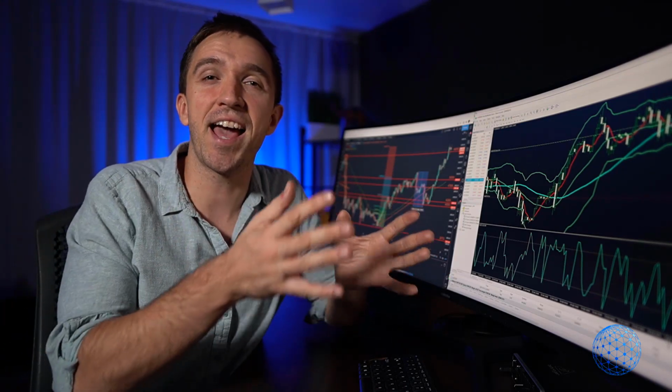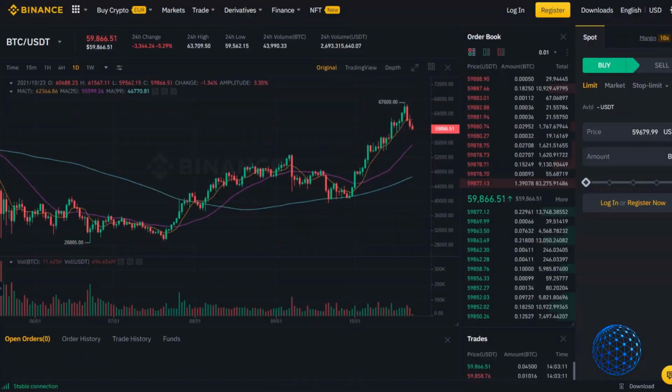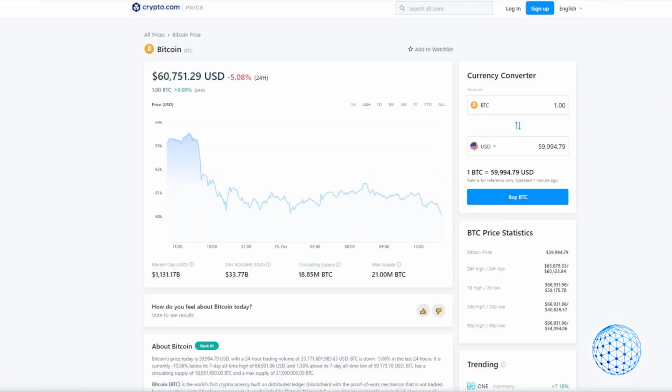So the first important thing is to find a broker that offers CFD trading cryptocurrency, which is not an exchange. Many people make the mistake to think that exchanges offer MetaTrader platform. Well, they don't. They usually have their own platforms, or they integrate platforms like TradingView or any companies that offer